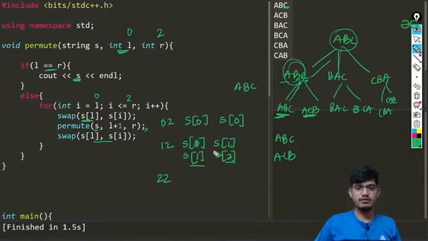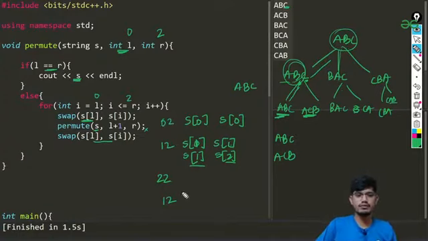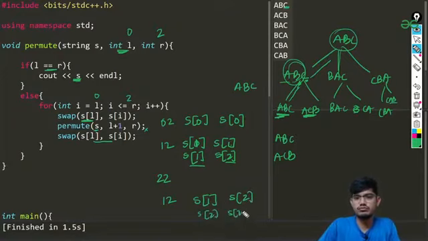And now we have this one. First we had passed 0 and 1. Now we have 1 and 2. So from 1 it will be calling, and then we'll be swapping 1 and 2. We'll be swapping 1 with 1, then 1 with 2, and then 2 with 2.